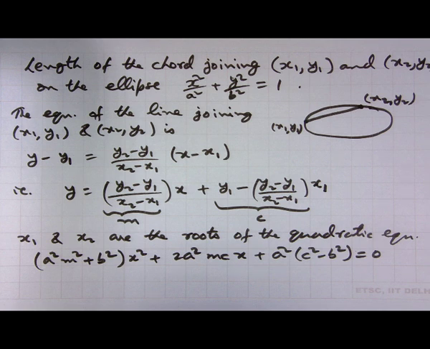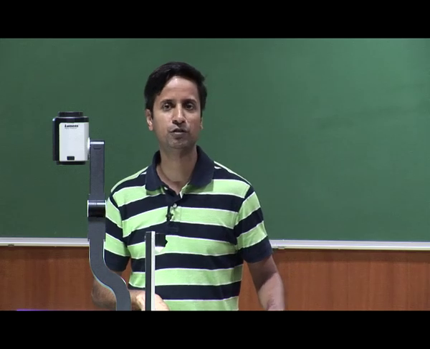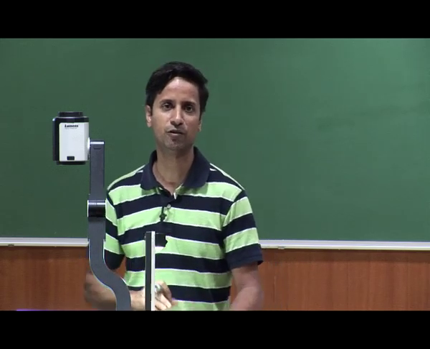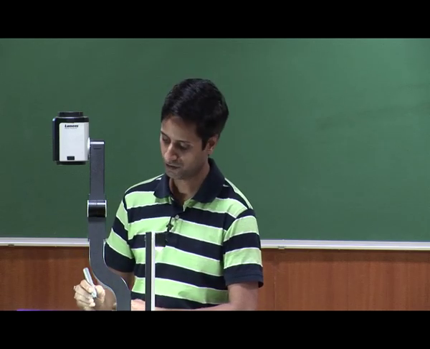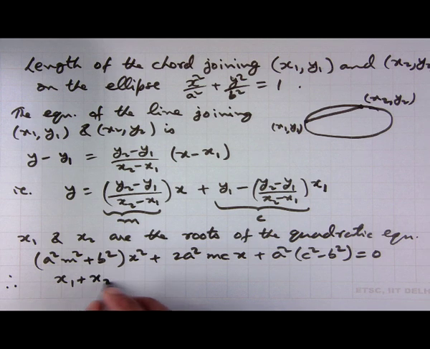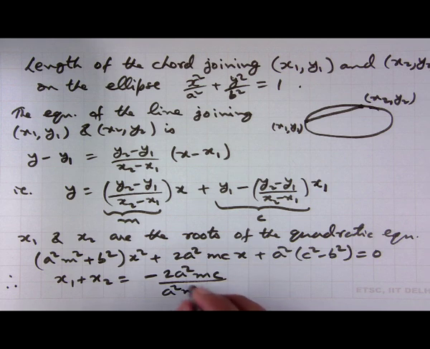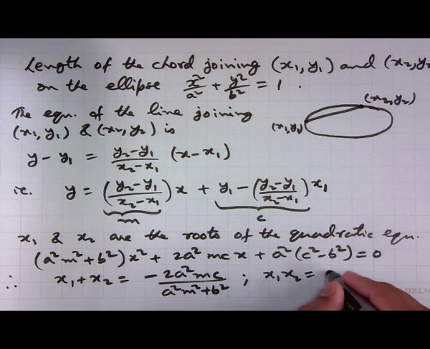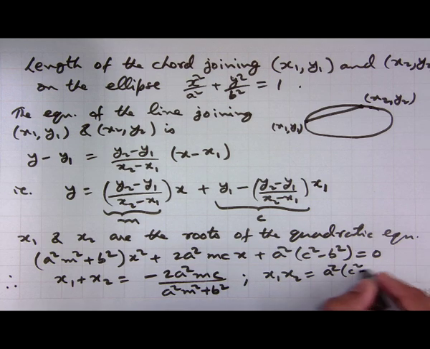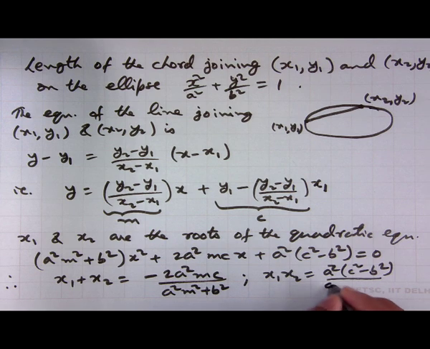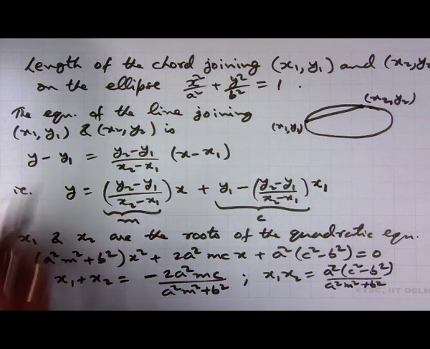Now, we know that if x1 and x2 are roots of a quadratic equation, then we can write down formulas for x1 plus x2 and x1 times x2. So, this implies x1 plus x2 is equal to minus the coefficient of x divided by the coefficient of x square, and x1 times x2 is equal to (a square c square minus b square) by (a square m square plus b square),